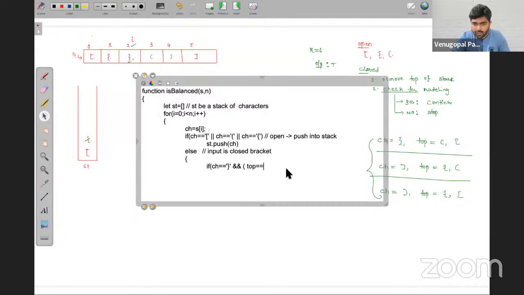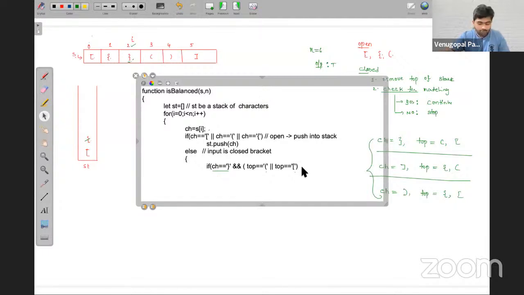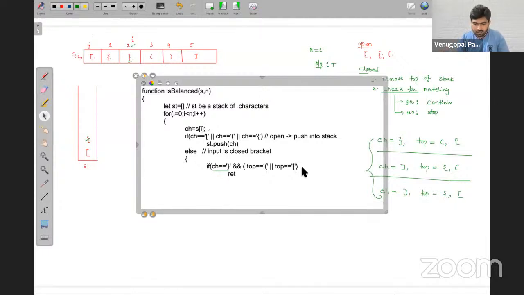For example, if your top is equal to either this or this, if any one is true. Now see carefully, friends. Your input is a closed flower bracket, but your top of the stack is either this or this, which means it is a mismatch, right? So if it is a mismatch, then we should not continue. We have to return false.